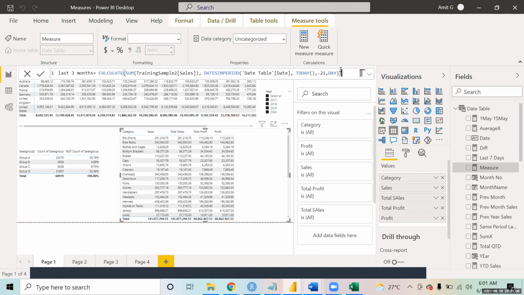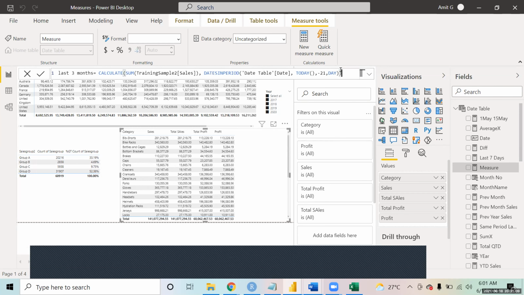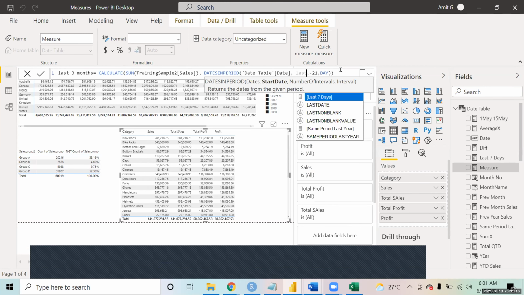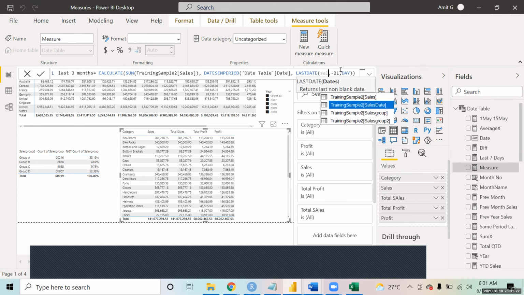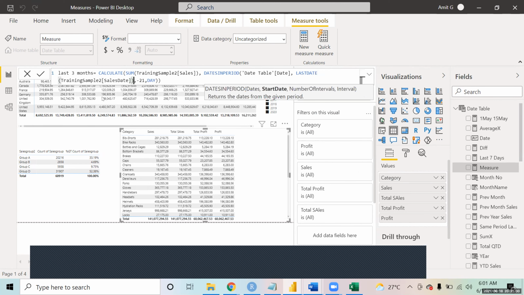If the table does not have today's date, so you will get the last sales date. So we need to give the date of that table. So you give last date. We have a function called last date, right? So if you write last date of sales date, what I'm saying is whatever last date you have in the sales date field, that last date would be 30th April 2020. So it will pick that, and from there it will go 21 days back, right? Like if I now commit this, I'll show you last 3 months.